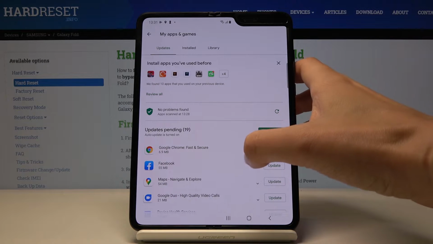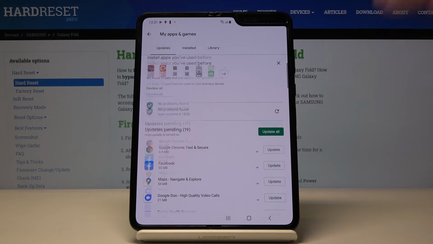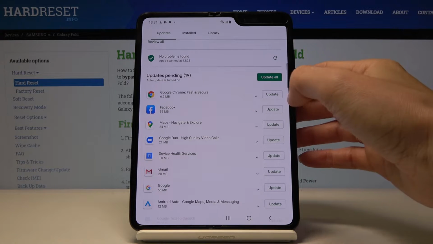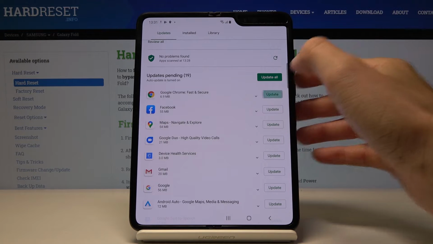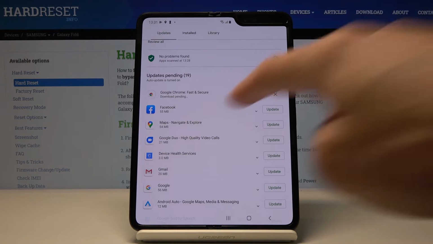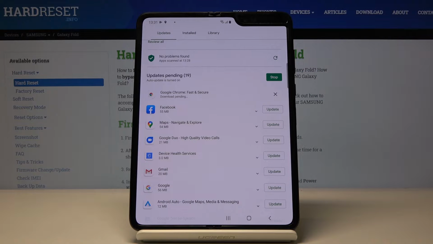And here under Updates you will find all applications that can be updated, and you can either update one particular application by itself, so for example Google Chrome Fast and Secure, by tapping on Update icon right next to the app name, and as you can see here you can detect the progress, so you can see if it's already